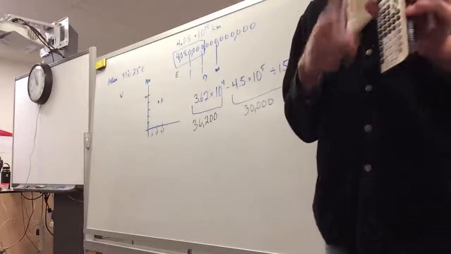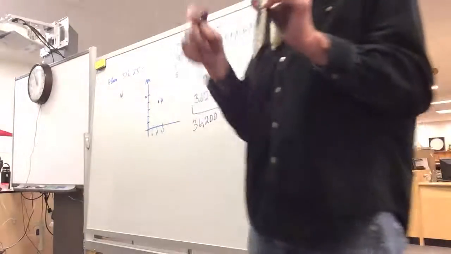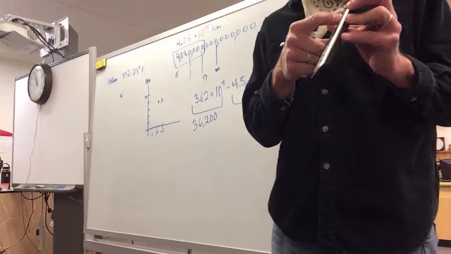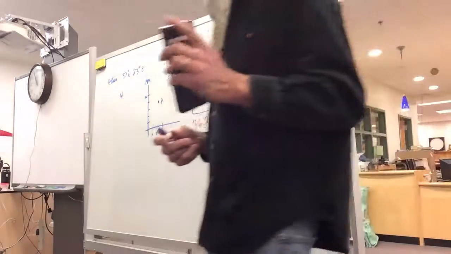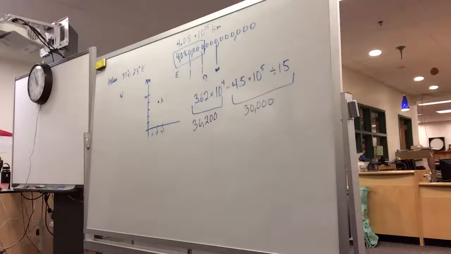So this thing stores all of your previous answers, and if you hit the up arrow and you just keep going, you'll see stuff that you did days ago. Right, if you delete those, then they're gone. You can't get them back. Like, I've got hundreds and hundreds of calculations in mine, and I can go back and find any one of them. So you can retrieve old calculations with these calculators.